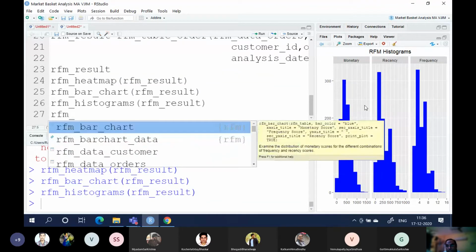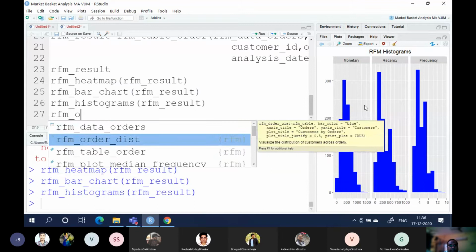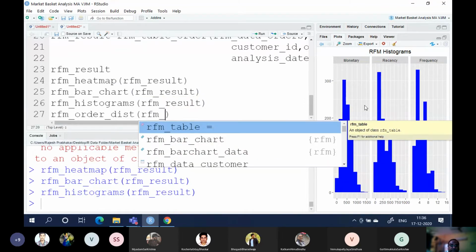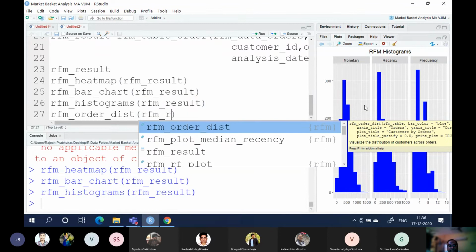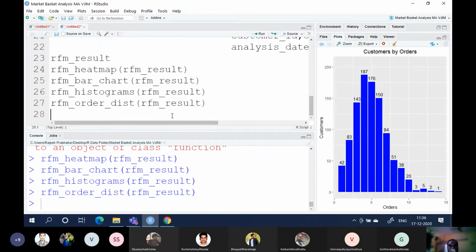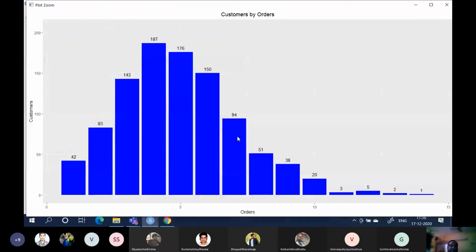RFM underscore order underscore distribution RFM underscore result. See, positive skewness. The distributions are skewed towards the left.